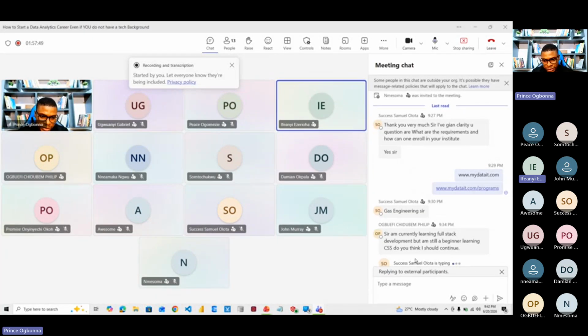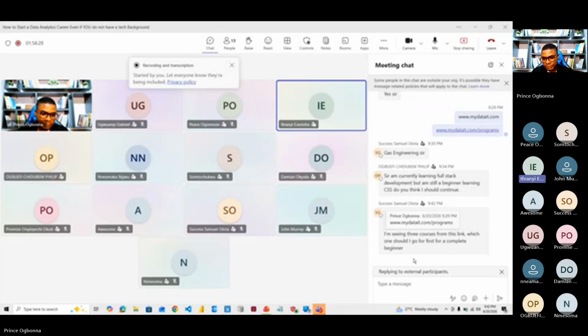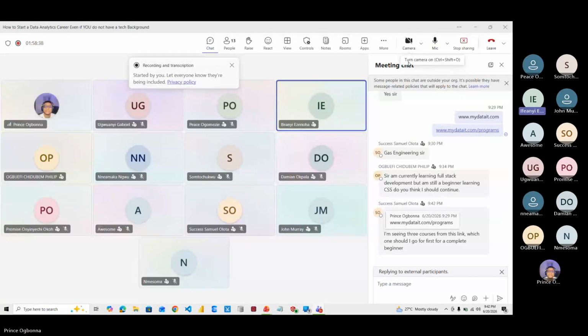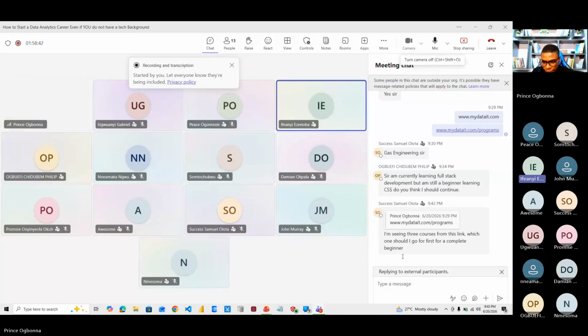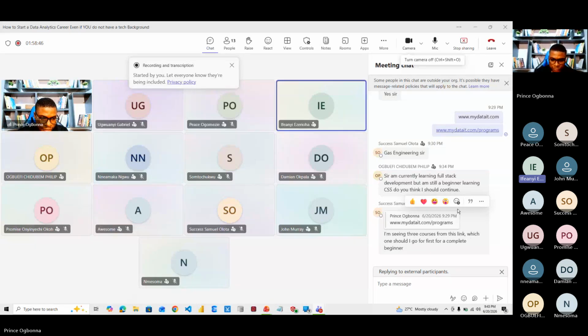So what I just wanted to add to what you've advised is, for a beginner, I think it depends. I would say there's a market for anyone who is learning web development as well as anyone who is learning data analytics, right? And one of the reasons why I was asking for his background is to see where he has an edge, right? Someone who already has knowledge about some of the basic fundamentals, say for example someone coming from a sciences background or who has knowledge about mathematics or statistics, right? My advice would be, since the person already has prerequisite knowledge that would be helpful, that since the person is still at a beginner level, he could look at starting from data analytics. But with someone without, maybe, a statistics background, right, and is looking to begin a journey in tech,